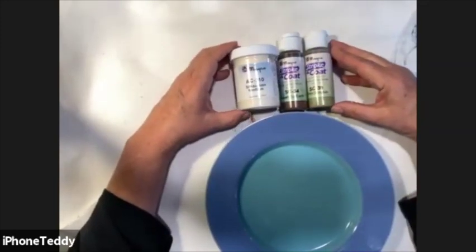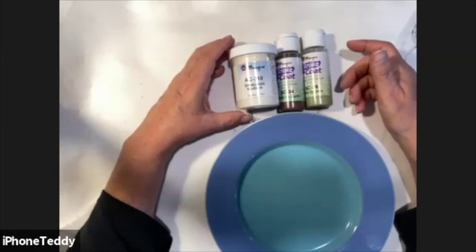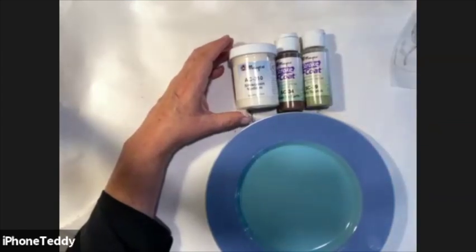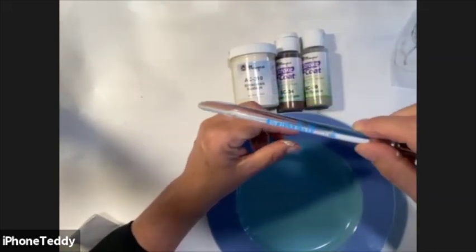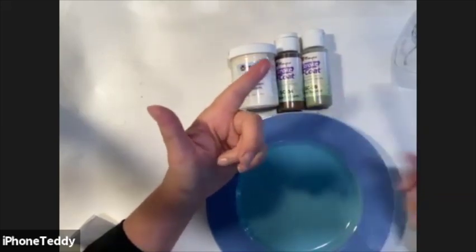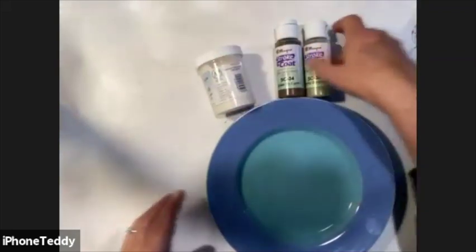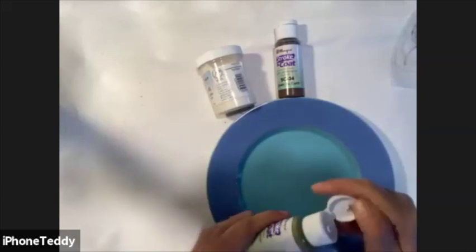So what we're going to do is mix this stuff up. If you have a palette knife handy, that'll work really well. I'm going to use the back of my reflection brush, because see how it is angled, it's a nice little palette knife there. You can use a knife, you can use your finger. I'm going to squeeze out about the size of a nickel